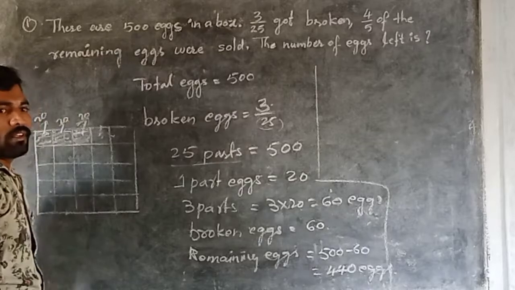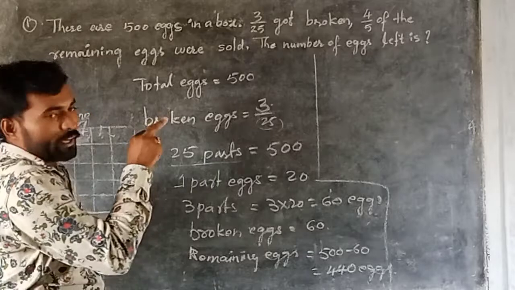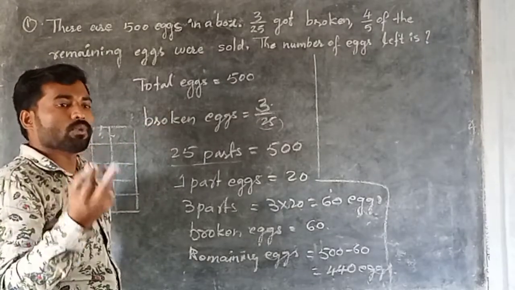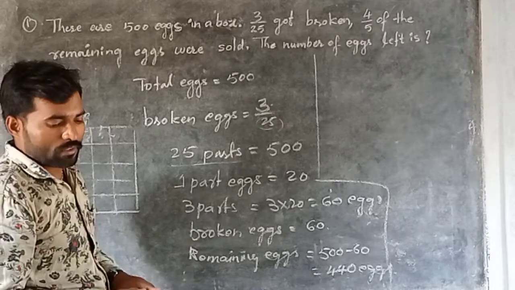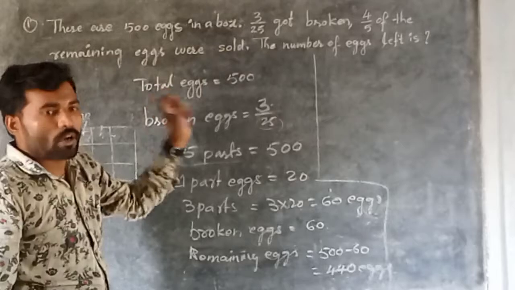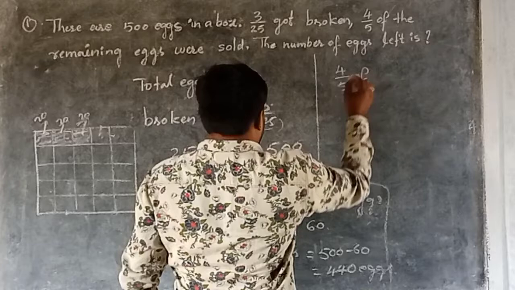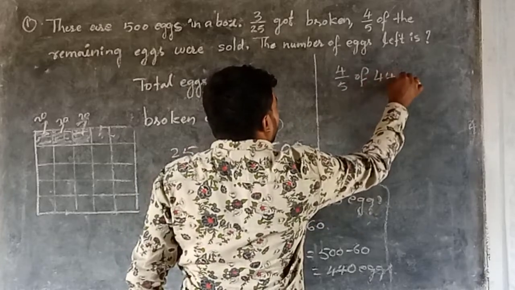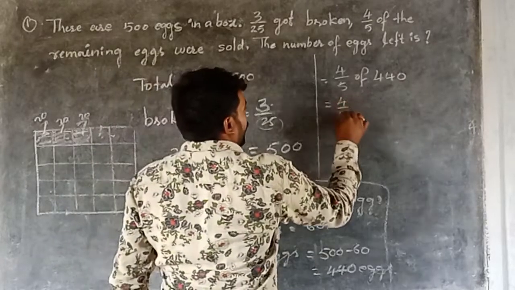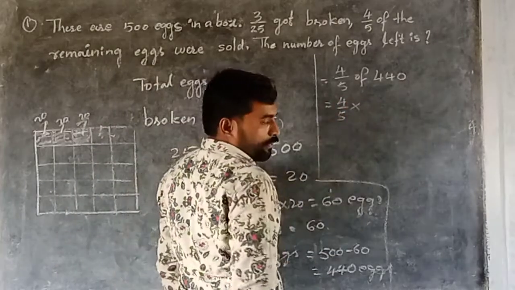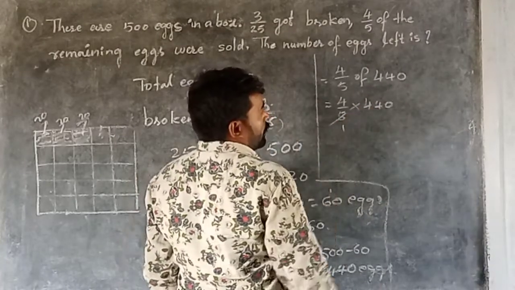440 x are left. Now among these 440 x, 4 by 5 part is sold out. That means 4 by 5 part is how many x? You want to know. Simply 4 by 5 of 440. You can do this. You will get the answer. Look here. 4 by 5 of means into